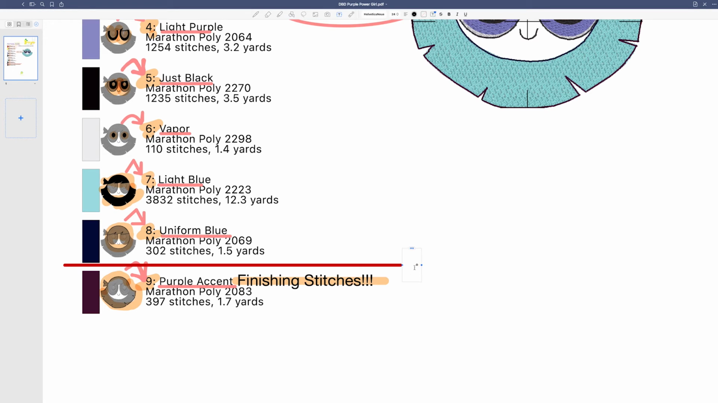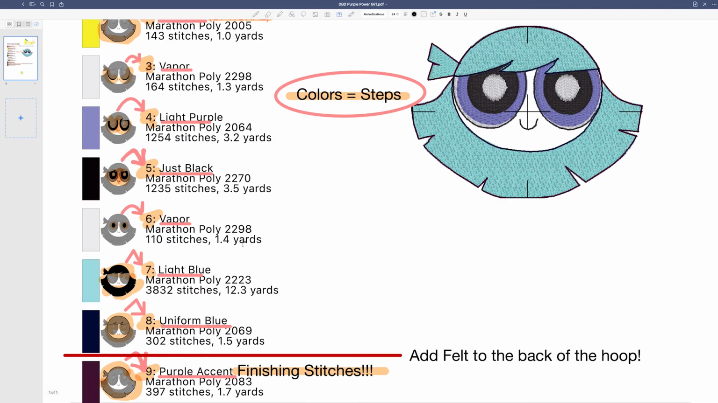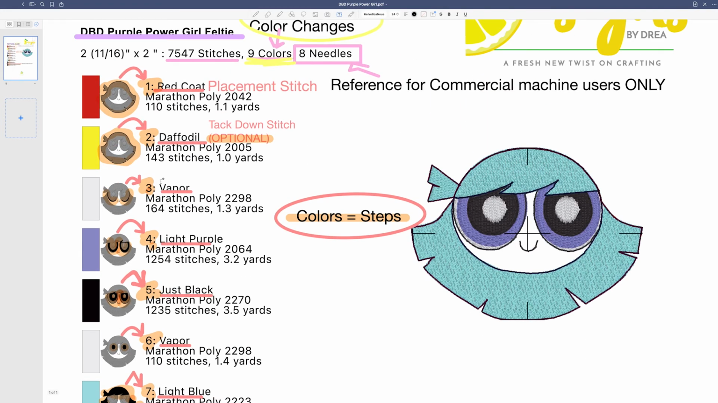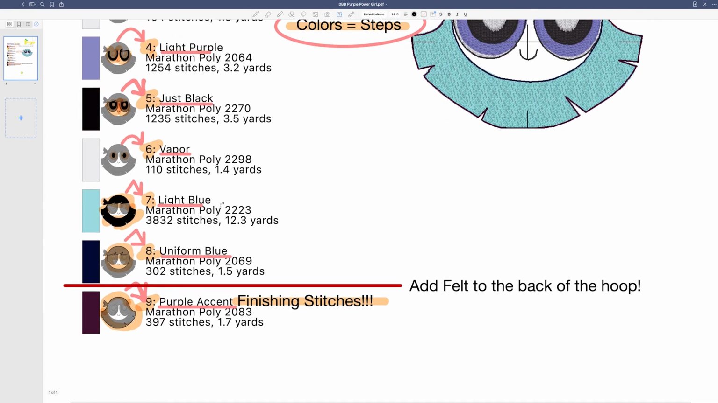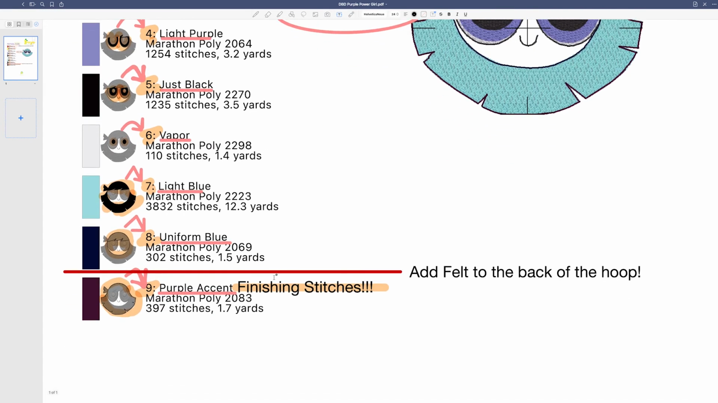will add the felt to the back of the hoop, and then the finishing stitches will sew the front to the back together, and it'll look nice and polished, and you won't see all the ugly bobbin thread that was stitched out when we did all these other steps. It hides the ugly. Okay, we gotta hide the ugly stitching, and we do that there, and then that's the